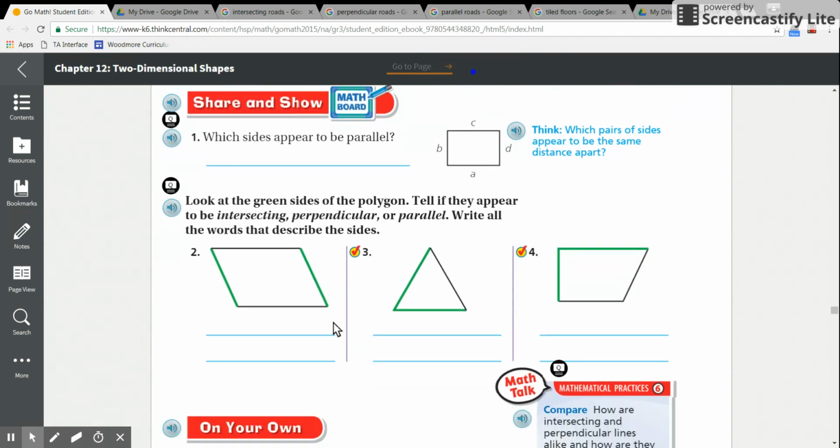All right. Looking at our share and show, number 1 states, which sides appear to be parallel? Whenever I ask a question during the screencast, you want to make sure you pause it, answer it, and then play it to see how you did. This is going to be our last question. I'm going to run out of time here. So which sides appear to be parallel? Think about what we just did in the last one. You're going to look. Which sides? We have sides A, B, C,